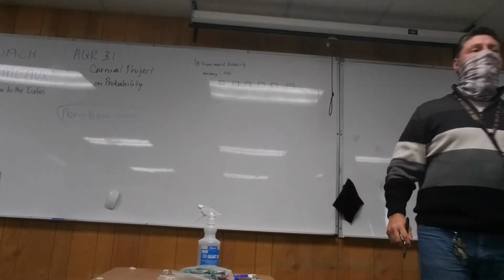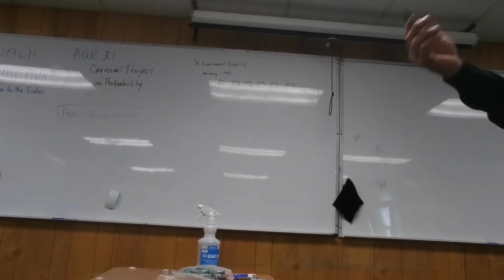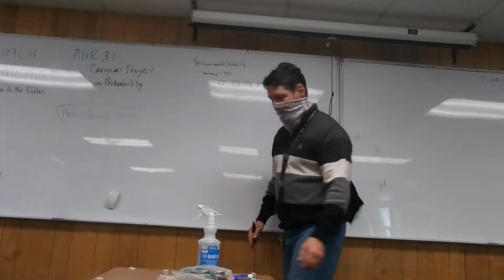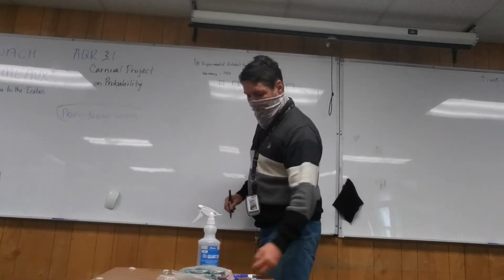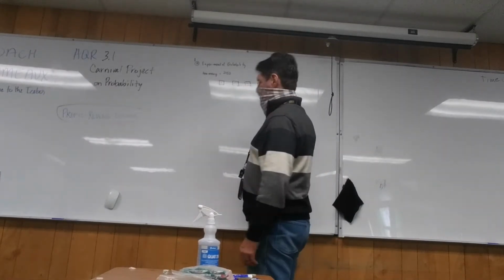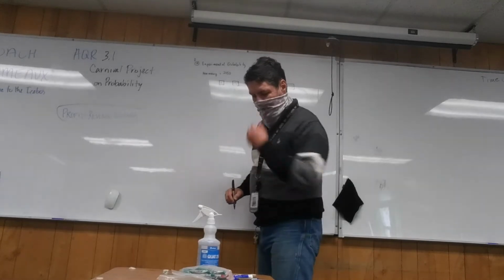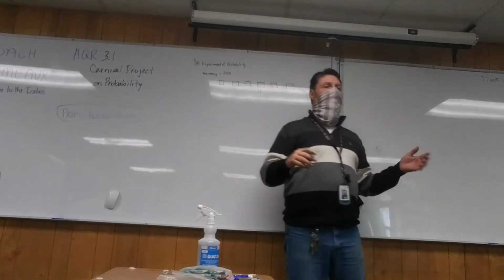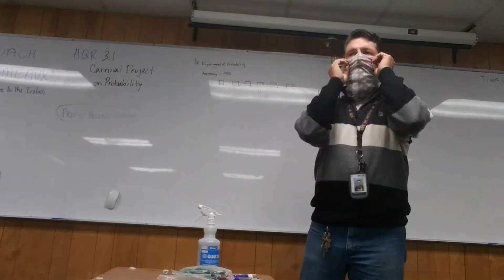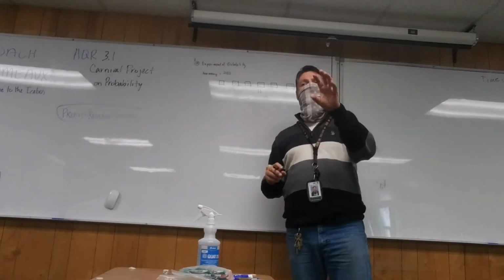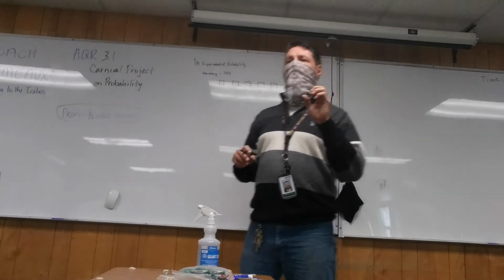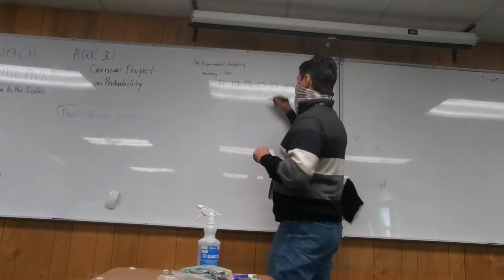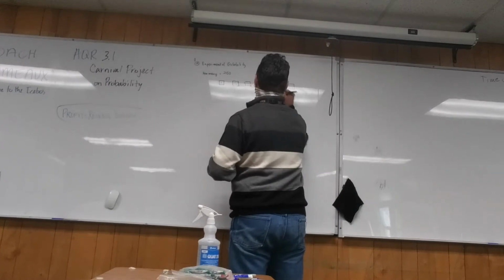If we roll it 50 times, we just make tally marks on the number of times we roll it. The first roll, I roll a 2, so I mark a 2. Second roll, I roll a 4, I mark a 4. Third roll, I roll a 4, I mark a 4. I'm not going to do this 50 times, but I'm going to simulate like I did. You can roll it, or you can use the links in the directions to random.org where you roll 1 die. So let's just say I rolled it